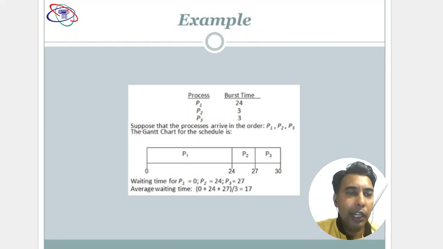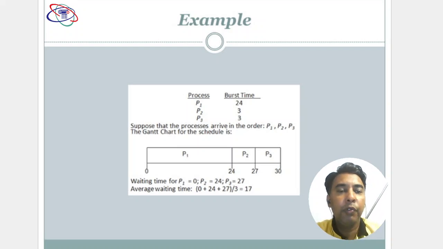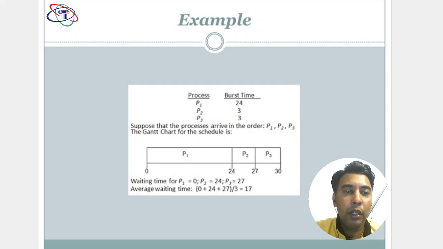So we can create a Gantt chart for this scheduling. On the slide you can see the Gantt chart where P1 took 24 seconds from 0 to 24, then from 24 to 27 P2 executes in the CPU, and finally P3 arrived on the 27th second and runs for another 3 seconds